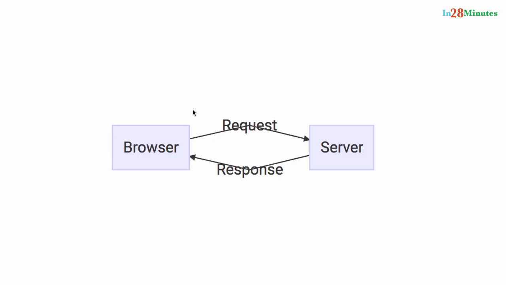While we were browsing, there were a lot of things happening in the background. This is how a simple interaction happens between the browser and any of the servers of the websites you are visiting, for example, Google. When I enter a URL in the browser, a request is sent to the website server, and the website server responds back with a response. The important thing we need to talk about is the format of this request and response. These request and response are in a format which is defined by